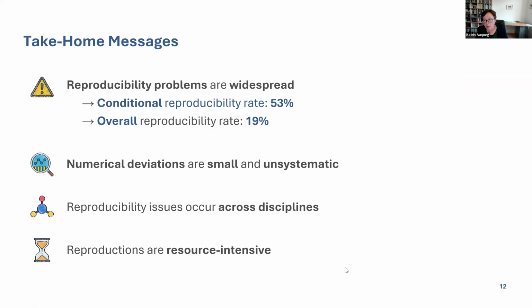So to sum up, we observe in our audit that reproducibility problems are really widespread. Numerical deviations are small and unsystematic. Reproducibility issues occur across all disciplines, and reproductions are very resource intensive. So even the successful ones often required intensive detective work. And let me close with